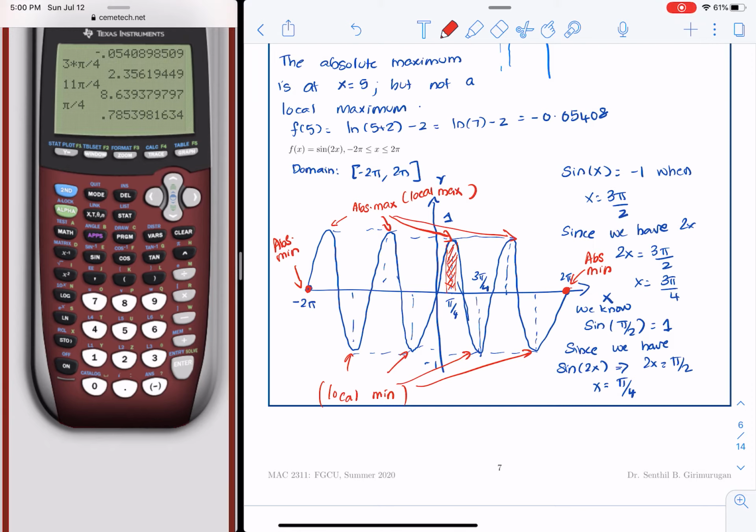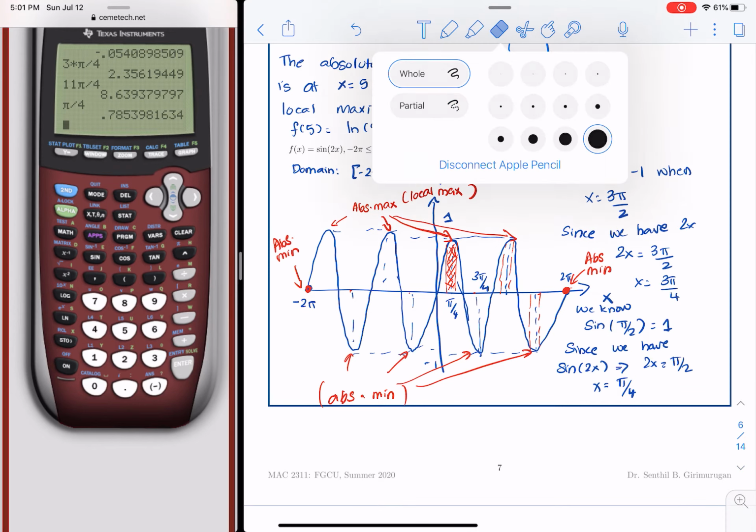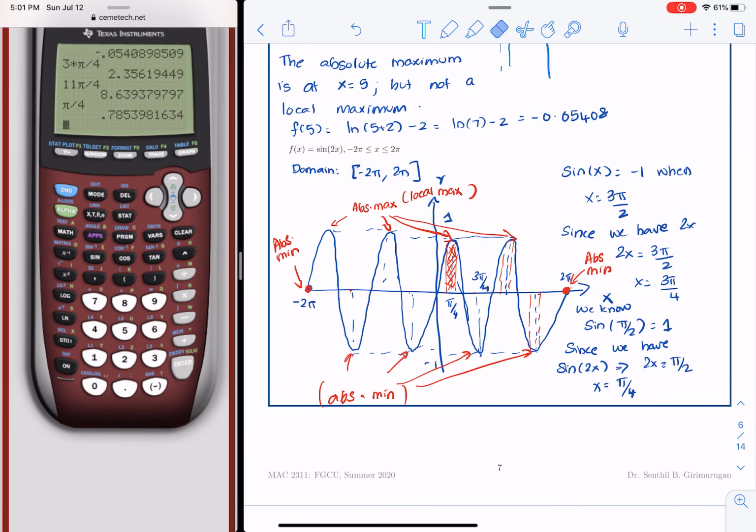And I could do the same here, I could do the same there, so they are local maximums also, but I can't call those points absolute minimums. Oh, they are absolute minimums, I am sorry. It's bad math. -1 is actually less than 0. My apologies. So that would be a local